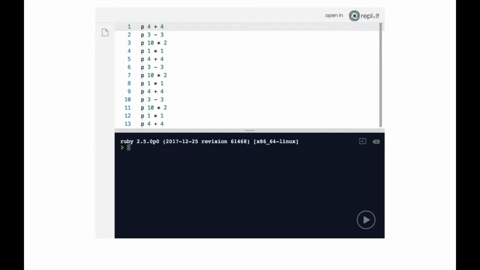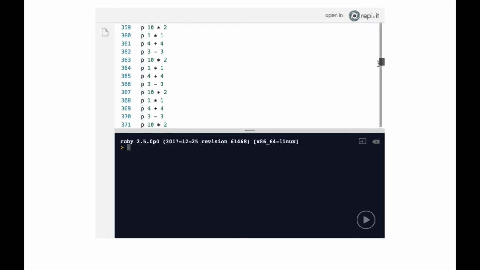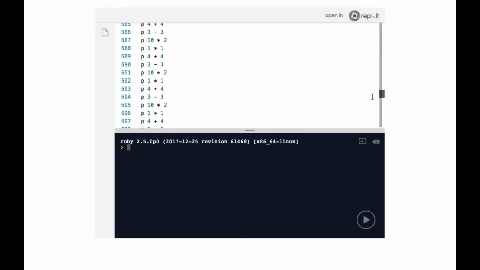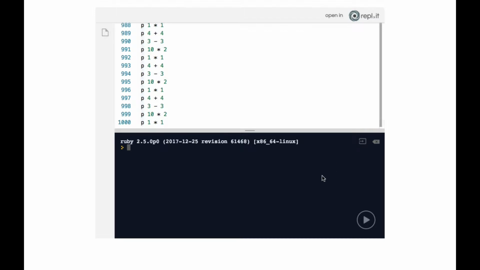Okay, so if you don't believe me that error messages are truly your friends, then this episode will certainly convince you. What we have here is 1,000 lines of code. So if I scroll down, you'll see that we have 1,000 lines of code. The last line here, we can see the line number is 1,000. So if I run this play button,